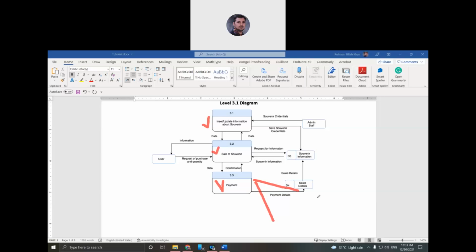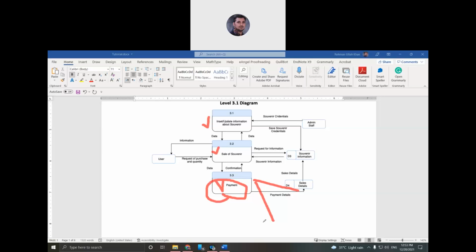You see, it will also be a mistake if some process is not clear and you are not going to level 2. And I think it will also be unnecessary if something is already clear and you are just bringing it to level 2.